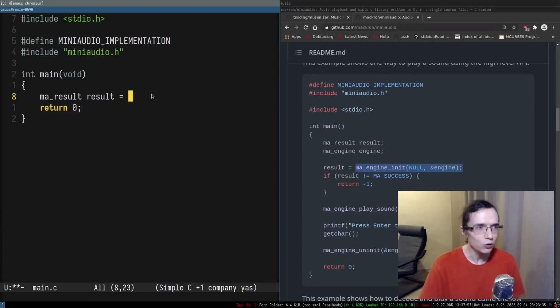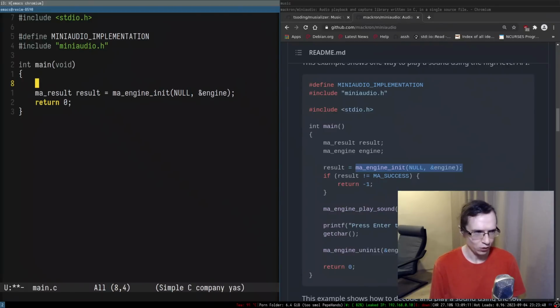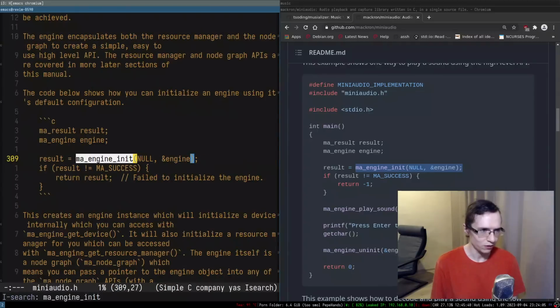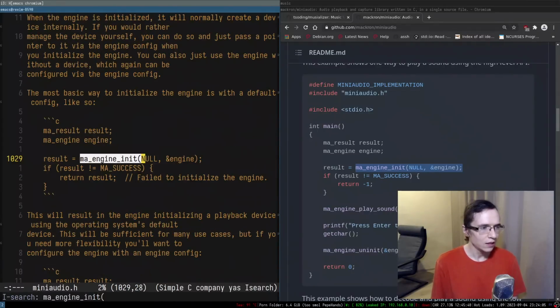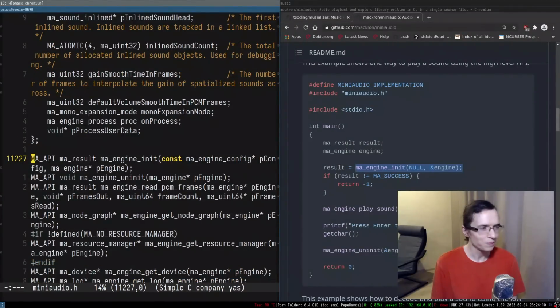So who knows? So first thing we have to do, we have to initialize an engine, and also we have to have the engine defined somewhere here. I wonder if you have to zero initialize it. I usually like to zero initialize this kind of thing, but I'm not sure if it's necessary. So we pass that engine to this thing, and the first argument is null, meaning that we're kind of ignoring it. But I'm curious, what is the first argument? So I'm really curious what it is. So let me find the definition. Okay, so